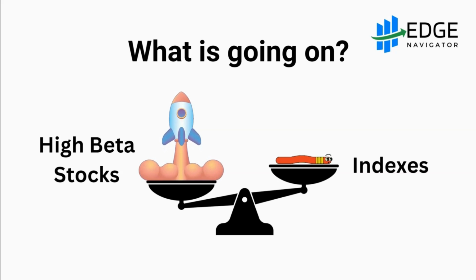And so we apply those two theses together. We're going to do bullish trades on high beta stocks, and we're going to do market neutral trades on indexes. And the beautiful thing there is you don't anymore have to wake up in the morning and try to decide if the market's going to go up or sideways or down today, because you have the right strategies applied to the right assets following the right theses or big ideas.